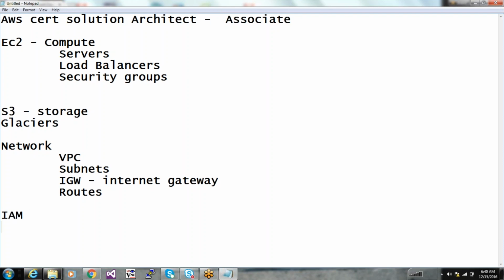Identity and Access Management is important. That's where you will be creating groups and users. Multi-factor authentication is also part of it. So we'll do MFA there, so that you log in with not just a user ID and password, but also a code. You remember, I typed in a code before I logged into AWS, so we'll set that up for you as well. We'll see how you can log in with a different user and start giving permissions. Okay.